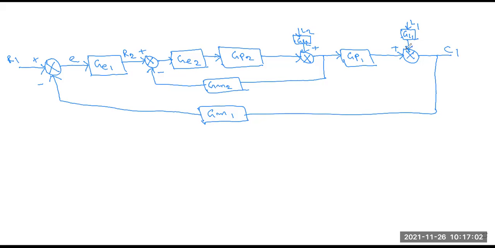So this is basically one example of the cascade control system. Okay, so in this picture you can see there are lots of controller parts we have to attach. First, here you can see this is GC1 and GC2. This GC1 and GC2, the first one is the primary controller, another one is the secondary controller part.